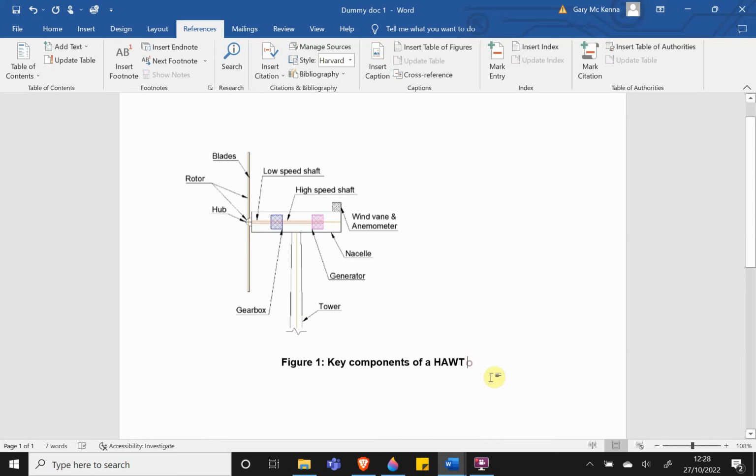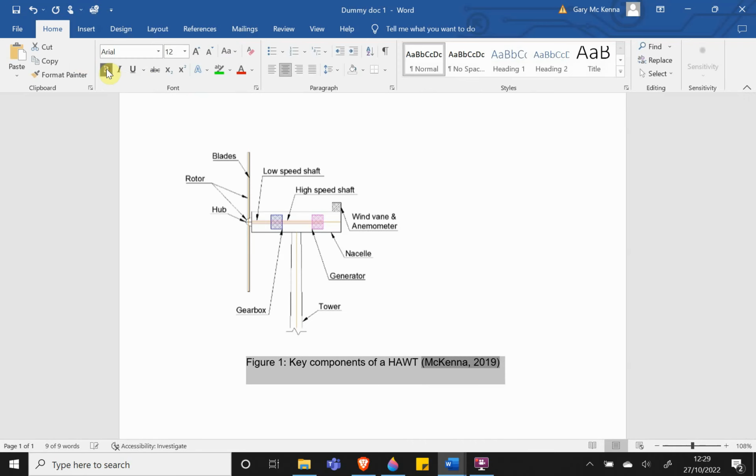So it's already programmed into the managed sources. Again, the proper way to do it is to go back to your T, like this, there's no space after the final letter. Hit the space bar once and then go to insert citation and then put in the actual citation source. Now, whenever I'm labeling a figure, I would leave it at that. I wouldn't put an actual full stop in afterwards. That's just generally the industry standard that is utilized. And again, based on the previous discussion on video, I would personally then just make that all bold,